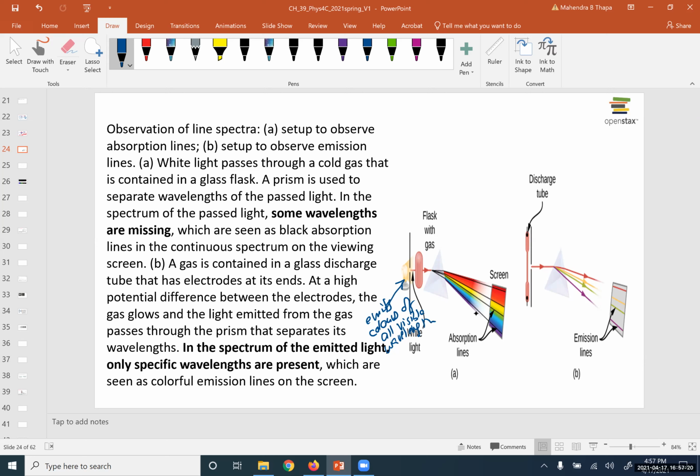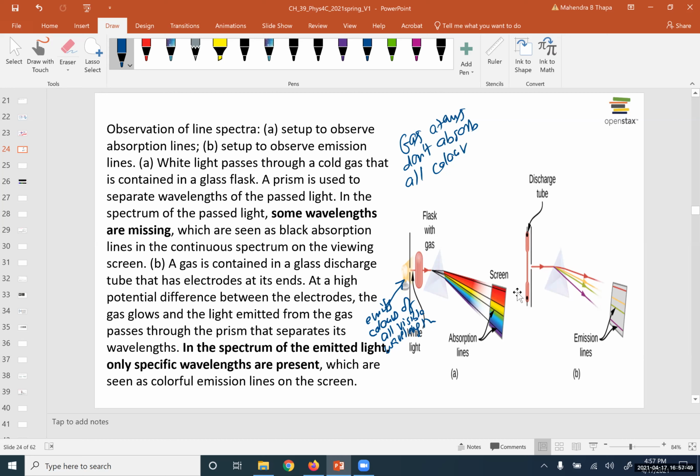Okay, it passes through a gas, and the atoms absorb that energy, but you know it will not absorb all colors. The difference is that the gas atoms do not absorb all colors,